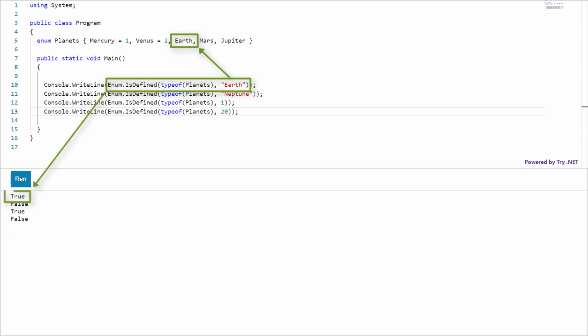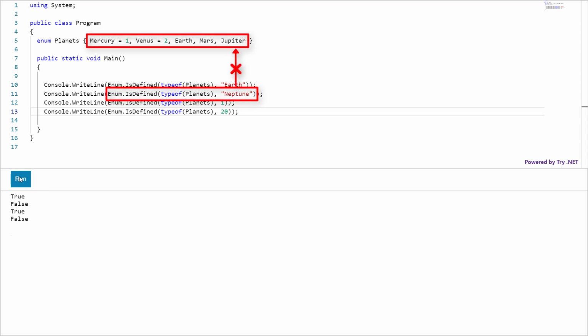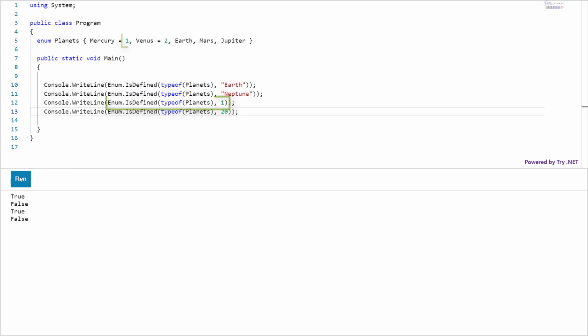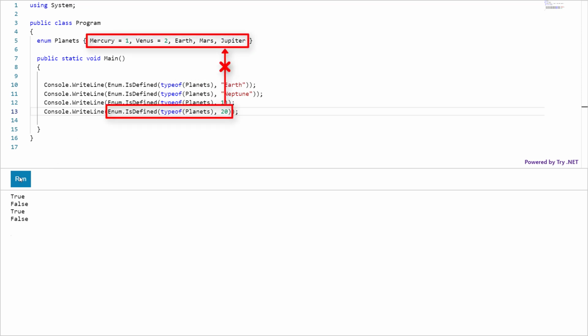That's why isDefined method returned true. Neptune is not. IsDefined method returned false. Value of Mercury is 1. That's why isDefined method returned true. Value 20 doesn't exist in the enumeration, so the result is false.